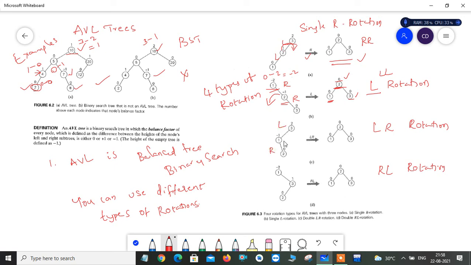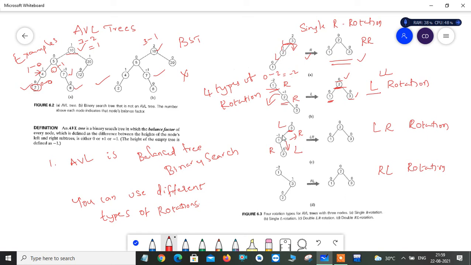So what we have is the LR problem. So then you can perform the LR rotation in a reverse order. Means at the bottom level you can perform the left rotation and then you can perform the right rotation. Right? You can observe that this tree is not balanced. So at this level your tree is not balanced because you have a balancing factor of 2 here.